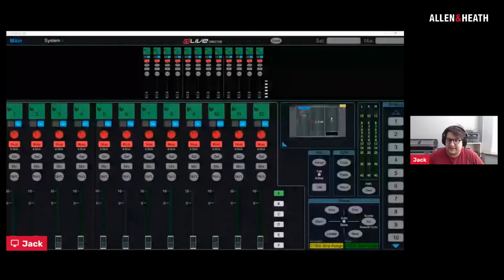So let's have a look at dLive Director, where the scenes are, what scene filtering is, and what our options are. So this should look familiar to most of you. I would imagine this is dLive Director